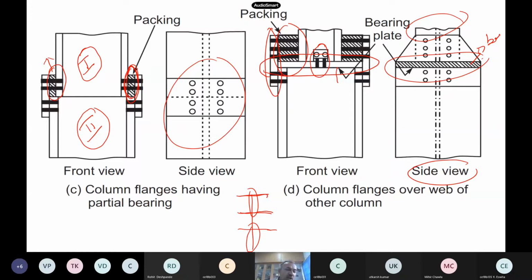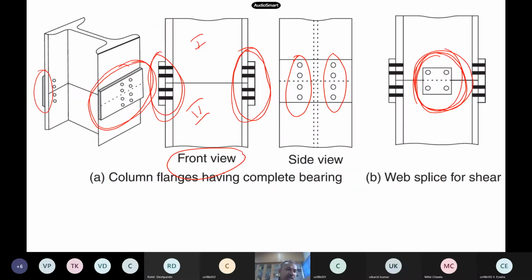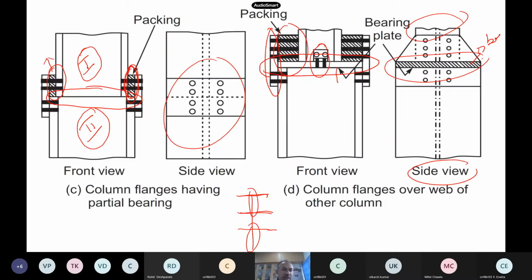So here we provide this packing plate, and because their sizes are different, to have uniformity, the bearing plate is also provided. It is mandatory when you have columns of two different sizes. But if there is the same size, it is up to us. Bearing plate or without bearing plate is also fine. But here, you have to provide a bearing plate.